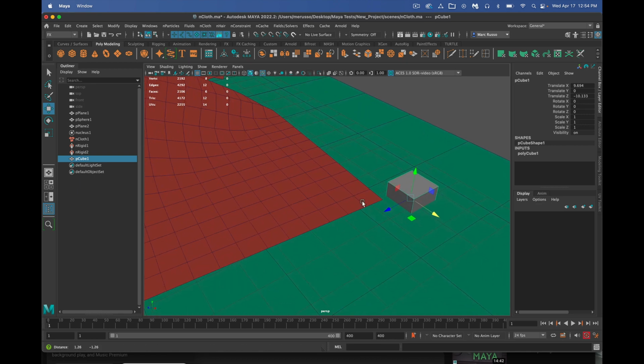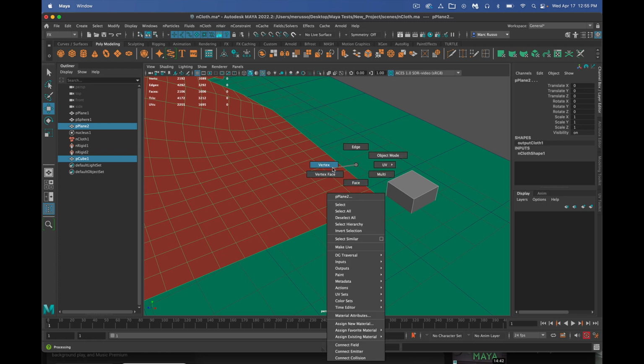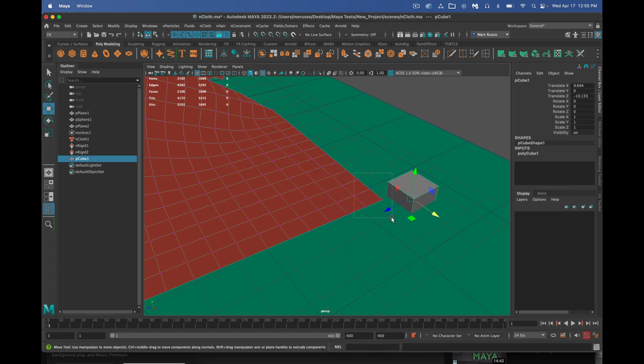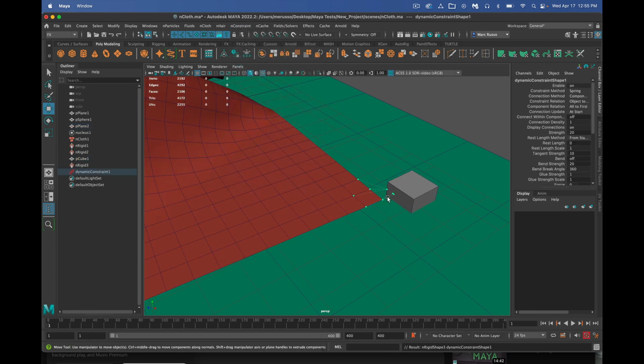And I'm going to shift-click the nCloth, right-click on it, go to Vertex, and then select a set of vertices here. So I've got these vertices selected. Maybe I'll grab another one. And the cube selected. And I'm going to go up to nConstraint, and I'm going to say point to surface. So all of these are now connected to this cube,